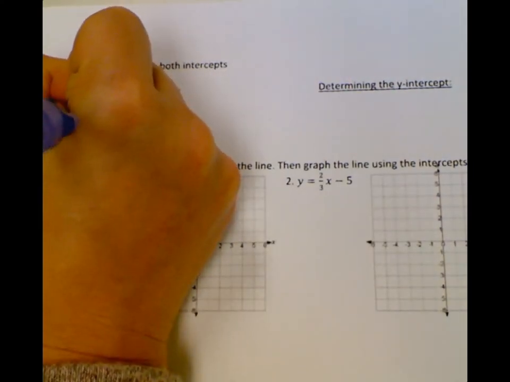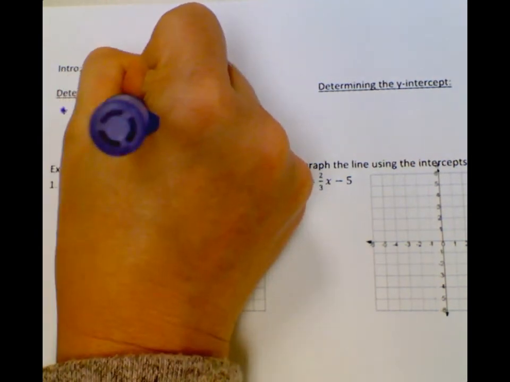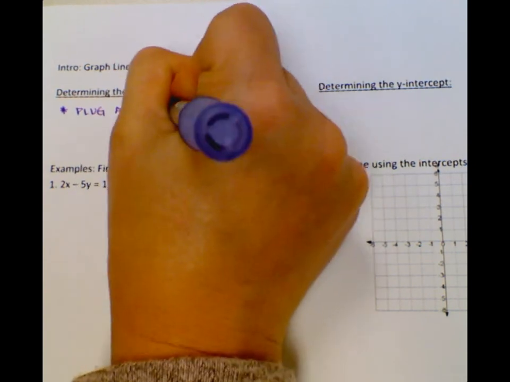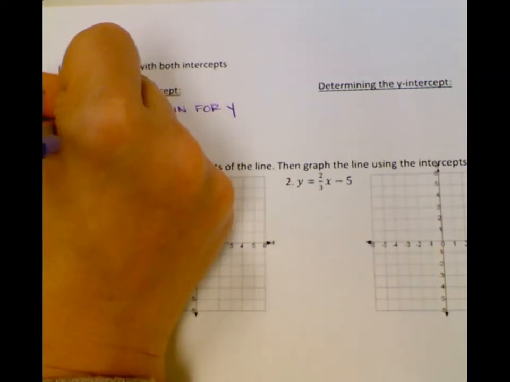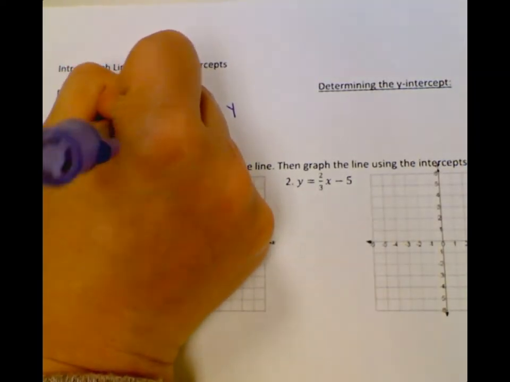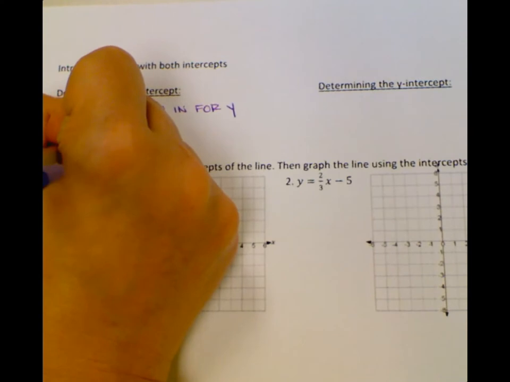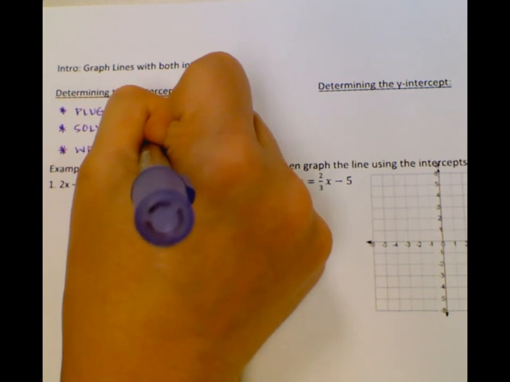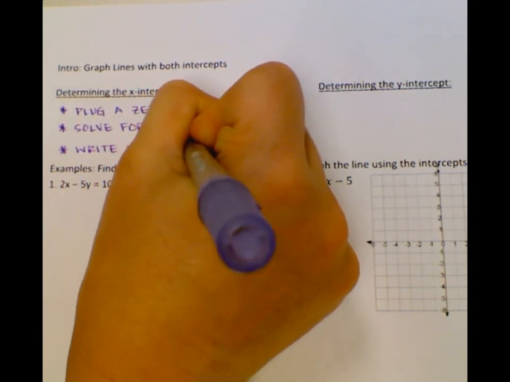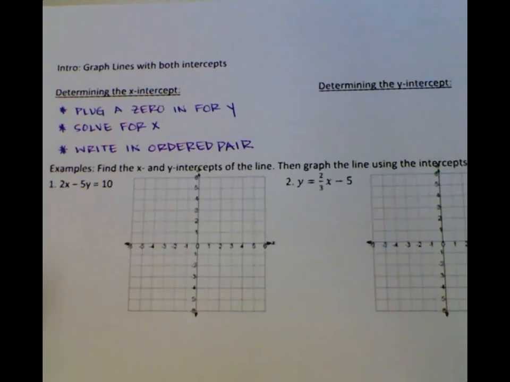Well, the first thing for the x-intercept is we plug a 0 in for y, okay, and then we solve for x, and then we want to write it in an ordered pair. Write in ordered pair. Okay, because the x-intercept, that's an ordered pair, the y-intercept is an ordered pair. Okay, so again, we plug a 0 in for y, we solve for x, we're going to write in an